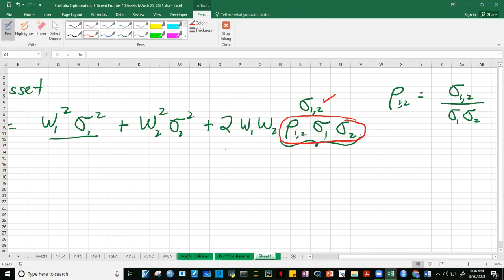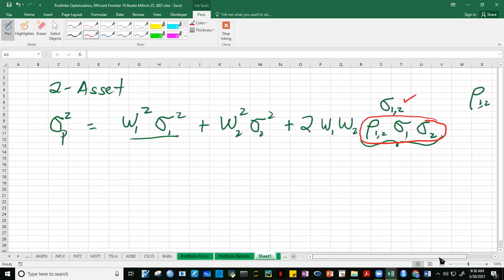Okay. So that's for a two-asset portfolio. Pero let's generalize it para alam mo. Kasi two-asset lang yan eh. Paano kung three-asset na? Diba? And by the way, if you get the square root of this, you get the standard deviation, diba? Tama? Yes, sir. If you get the square root of this, so magiging sigma na siya, standard deviation na siya, it's simply equal to the square root of your variance. No? Squared lang siya.